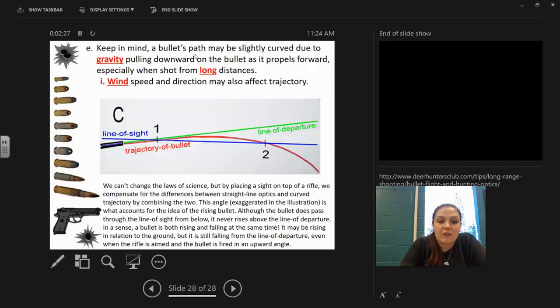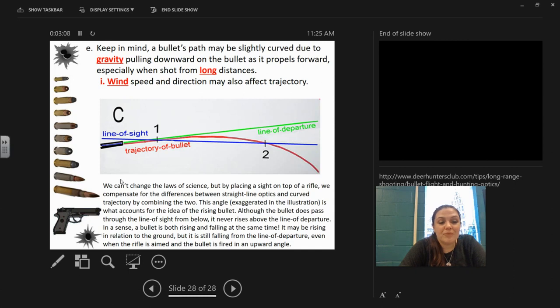So keep in mind that a bullet's path may be slightly curved due to gravity pulling downward on the bullet as it propels forward, especially when shot from long distances. So the further away the shooter is, the more gravity is going to impact it. So then you might be a little off. When I say that you can get the height of a shooter, you can, but the further away they were when they shot the gun, it's going to mess up their height a little bit. So they're like ish high, not definitely exactly where it came from, because gravity is going to affect the outcome. Wind speed and direction may also affect